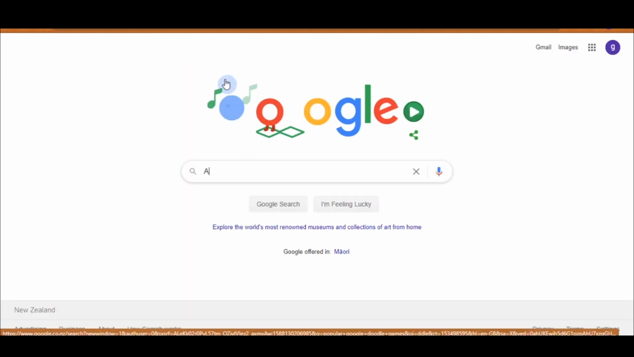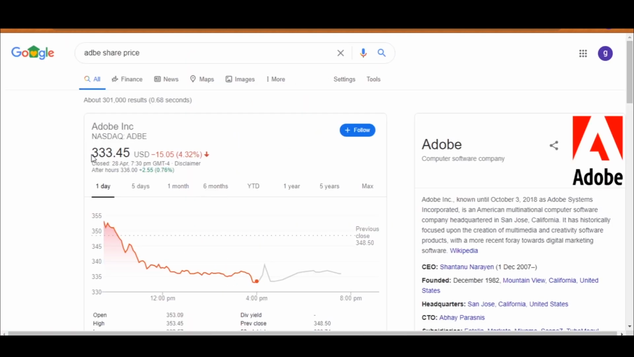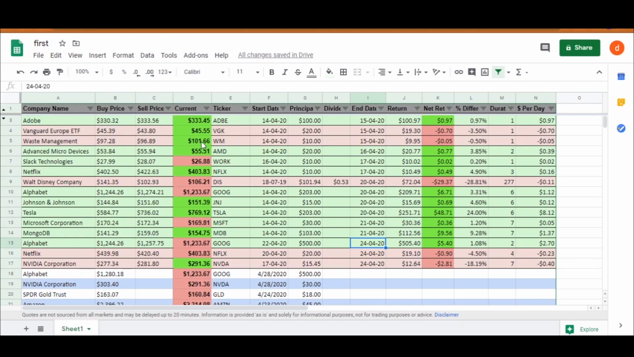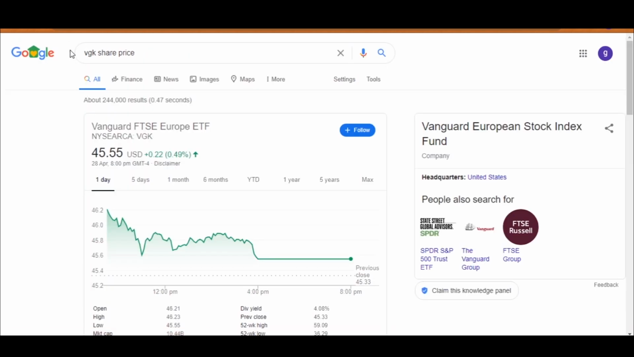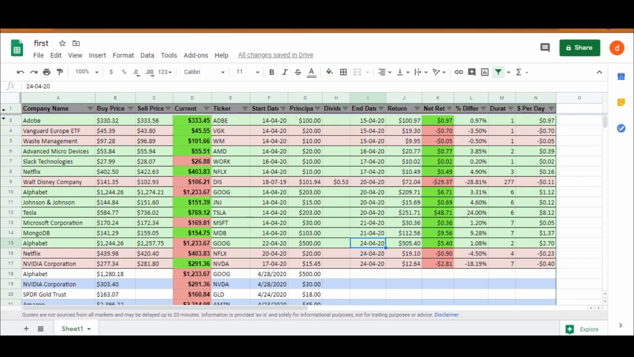So for example, if you look at Adobe, the current share price is $333.45. To come back to the Google Sheet, it shows $333.45. You keep going. Vanguard ETF is $45.55. So this gets updated automatically, and I have it set up so the colors get updated automatically as well. So in the background, I have it set up to show a light green if I made a profit, and in the current share price column, I have it to show red if the current share price has gone below